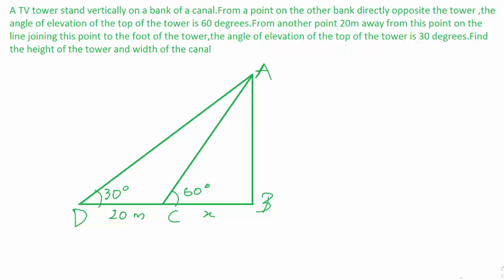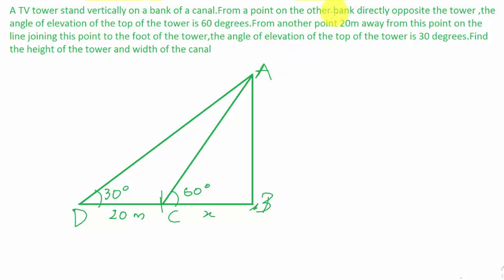Okay, so this question is the 11th question on exercise 9.1. Now I'm going to tell you how to do it. A TV tower stands vertically on a bank of a canal. Let this be the bank, and this is the other bank. Now from a point on the other bank opposite to the tower, the angle of elevation of the top is